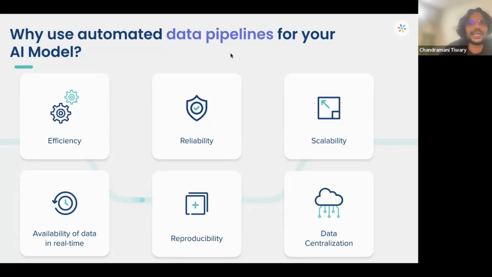So the first three are very straightforward: efficiency, reliability, and scalability. The advantage of automated data pipelines, right? You have a pipeline that can be maintained in one place. If there is another field that you need to pull from your data source, you know exactly where you need to make changes, which saves a lot of time. Your data pipelines are tested well, so it's reliable, right? And then